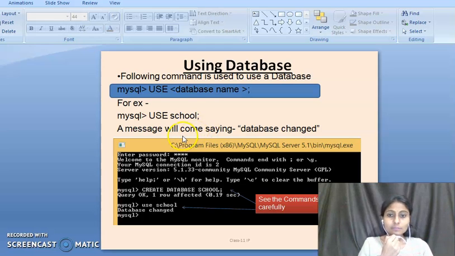When you type USE space database name semicolon, remember that after typing each and every SQL statement, you have to type a semicolon. A message will come on the screen saying Database changed.